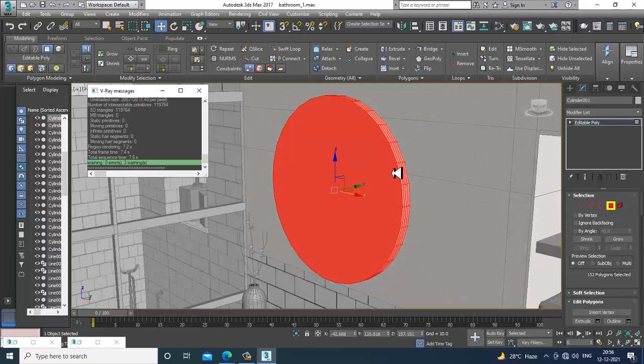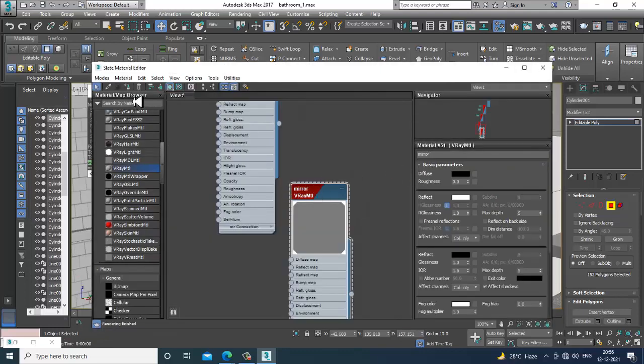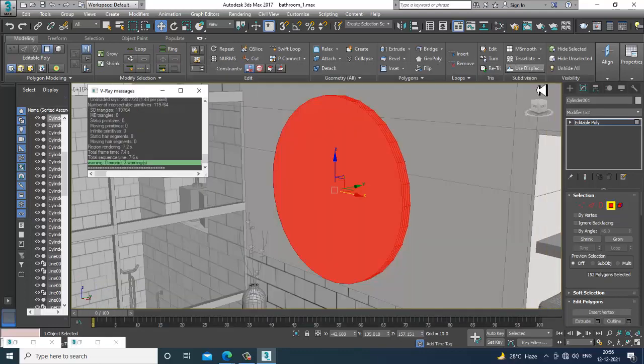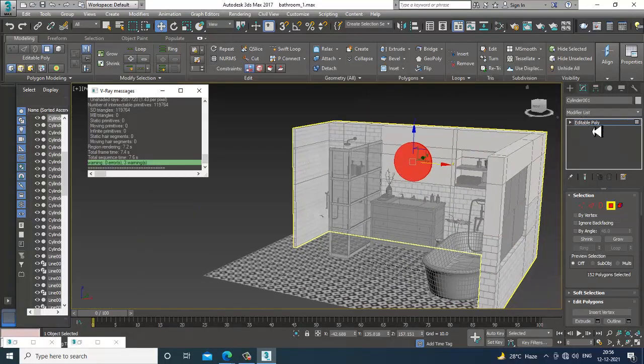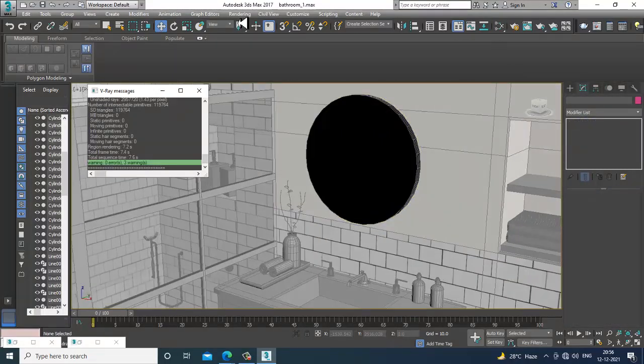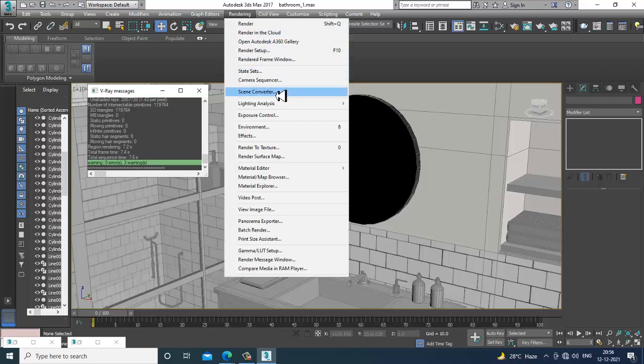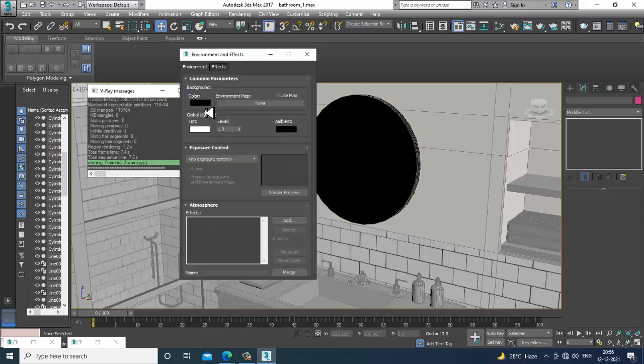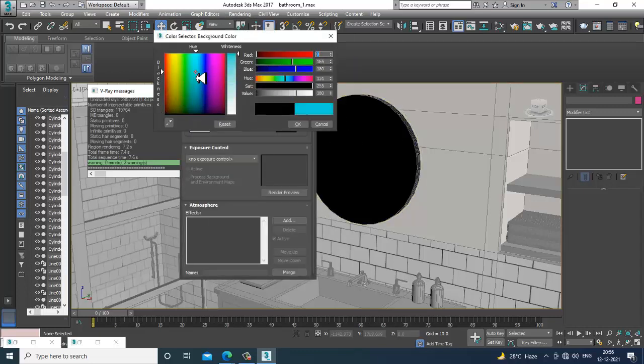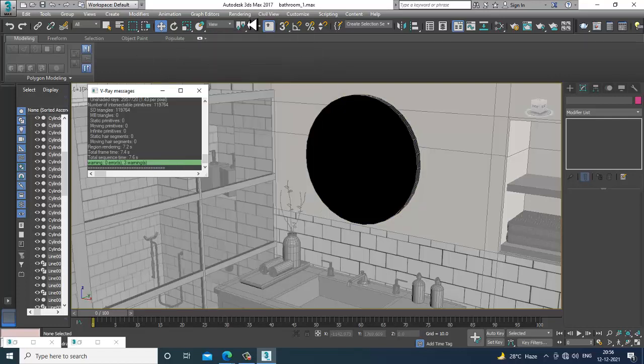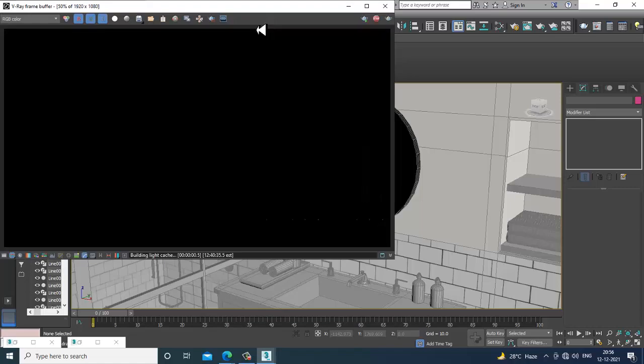I'll add this on the whole object, which would be much better. In the rendering environment, we can add some HDRI also if required, and let's render and see how it looks.